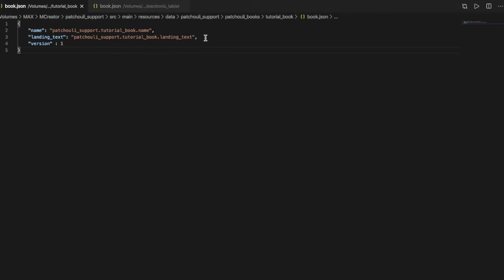If you want to use it, we can put it here, name it book_texture, and there you can put patchouli_support:textures/ and then tutorial_book_key.png, and comma, don't forget the comma.